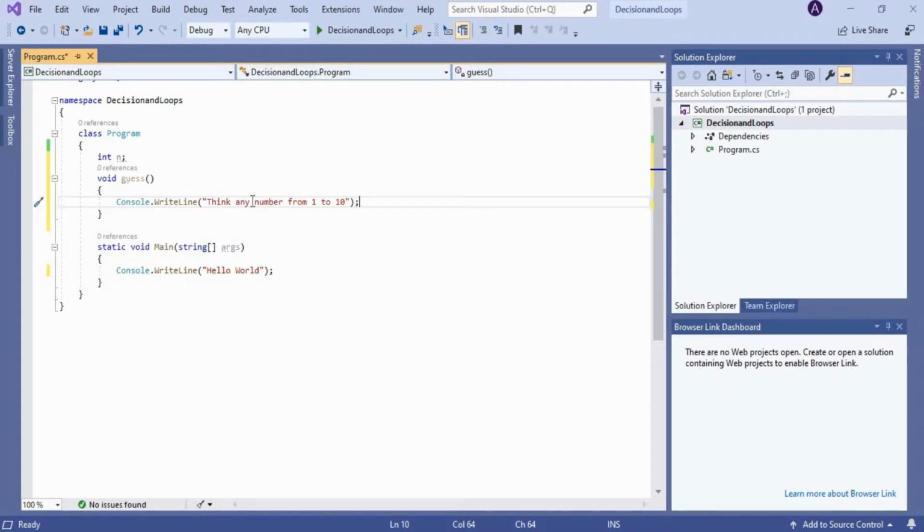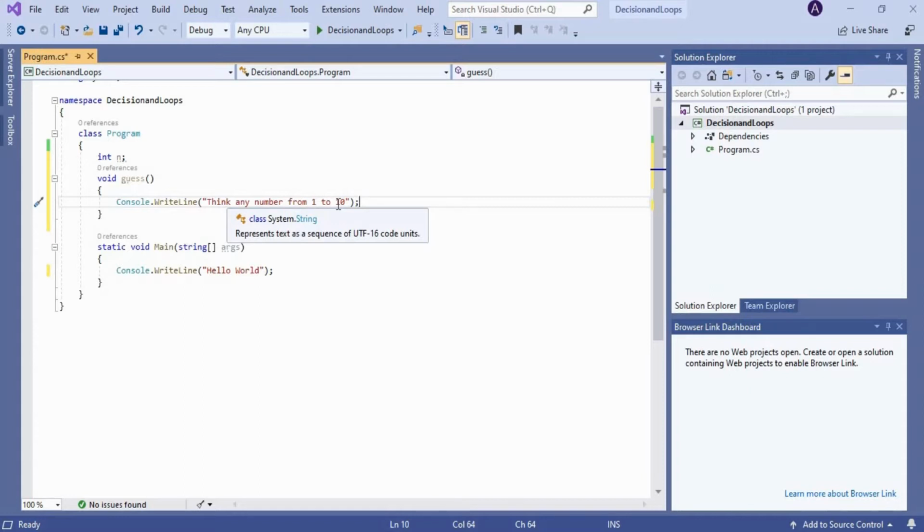Now we need to find a logic for finding the particular number which resides in the mind of the user. As we have told at the start of the game itself, think any number from 1 to 10. The user will not think of any number out of 10 or before 1, that is 0 or any negative number.